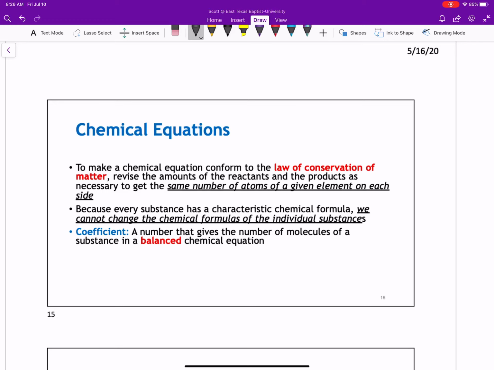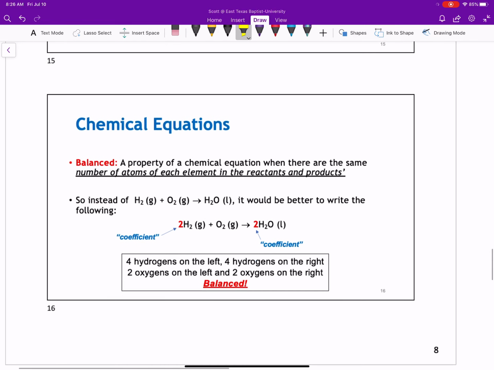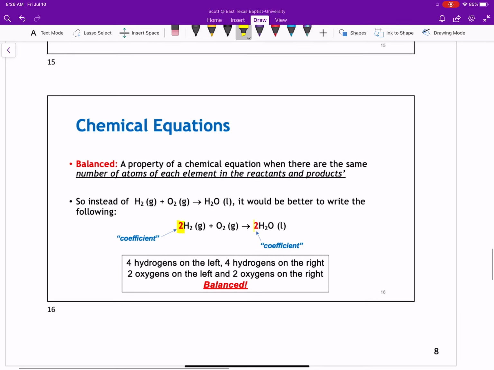And we do this by placing coefficients in front of the entire compound or atom or element that we're speaking of. Okay, and so a balanced chemical equation is one in which you use coefficients in order to cause the left side number of atoms to equal the right side number of atoms. So here's one way we can balance this equation is by adding a coefficient 2 in front of your hydrogen gas and a coefficient 2 in front of your